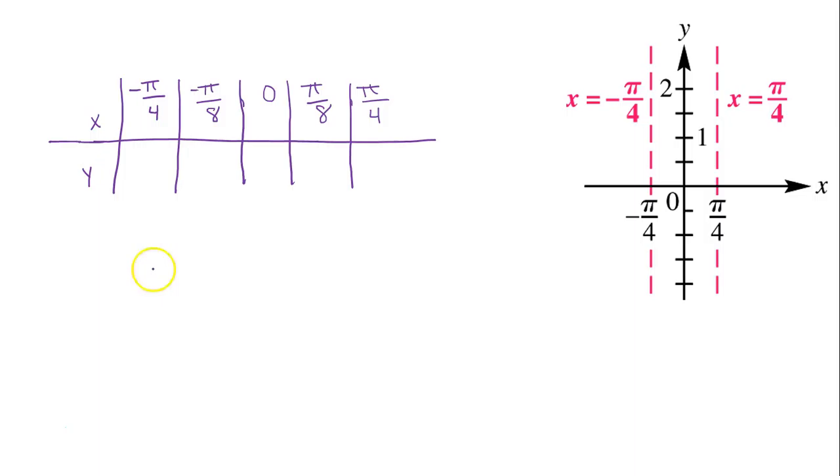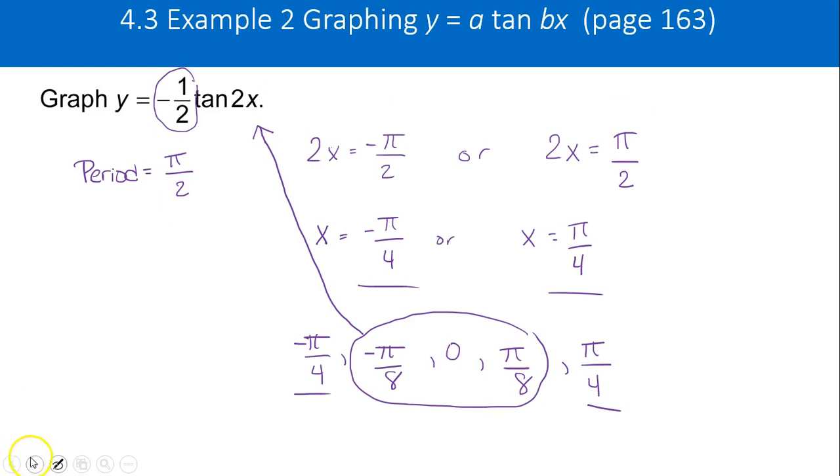All right, so on this, our function, just to remind you, is 1/2 tangent of 2x. We're going to take each of these x values and plug it in for x to find the points that we want to plot. And remember, these two are vertical asymptotes, so it's undefined here and undefined here. But to find these other y values, plug x values in, and what you're going to get is, hold on, oh, it's negative 1/2,